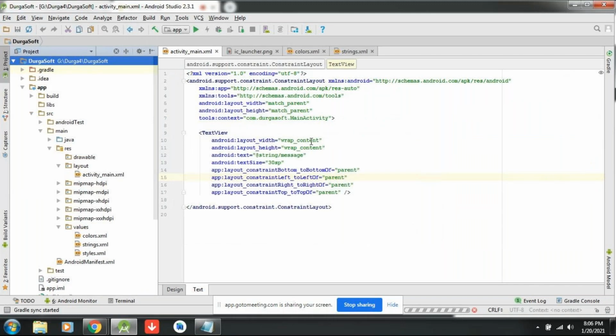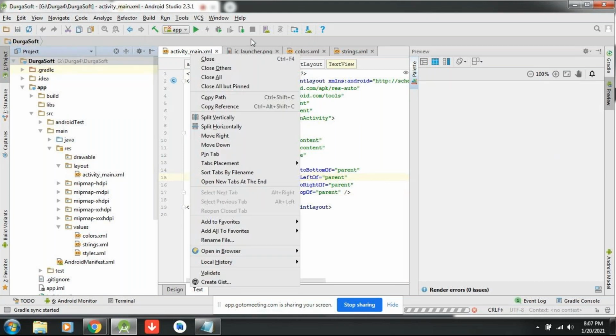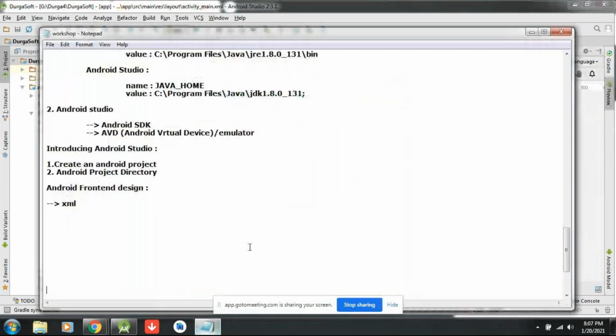Here we have taken some project directory introduction. I don't want all these things. So today the important thing is the user interface: how in Android we are creating the user interface. The basic points we are going to discuss.